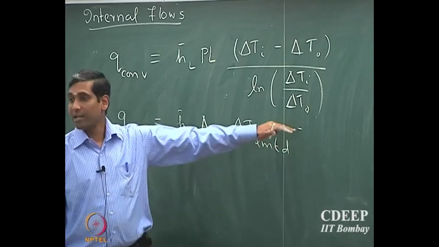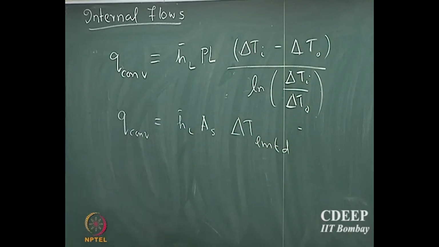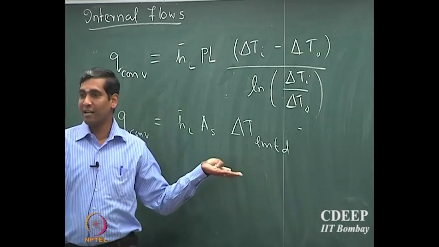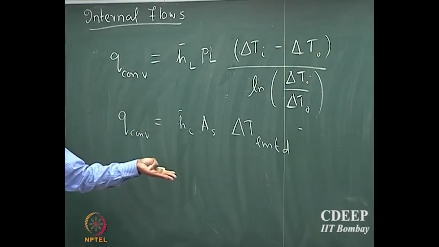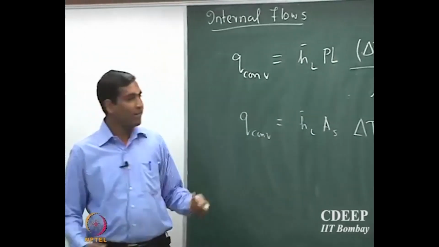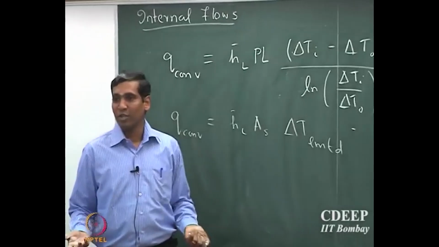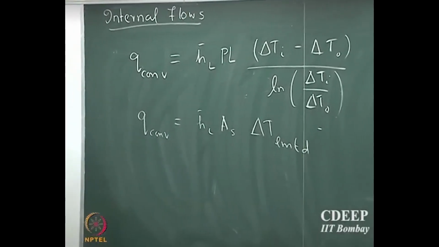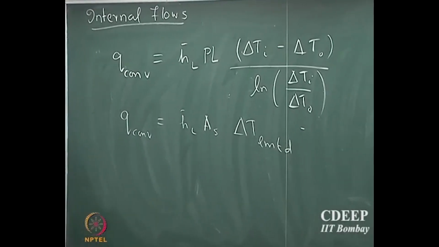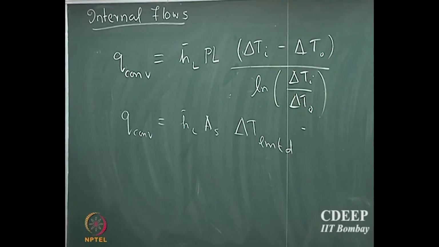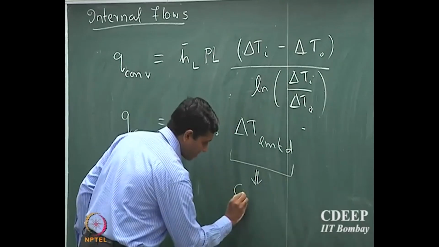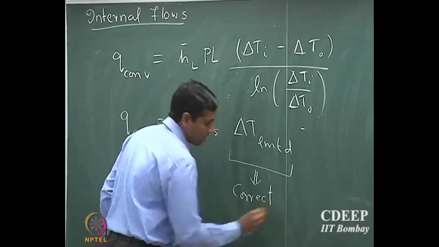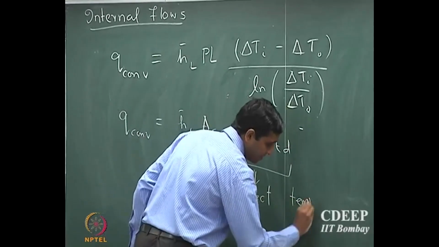Most of you who have done the laminar and turbulent flow experiments would have already encountered this term called delta T LMTD, and in fact that comes from a rigorous analysis of the tube experiment, heat transfer from a fluid which is flowing through a tube, and in fact one could show a similar exercise for the fluid which is flowing outside the tube as well. Okay. So delta T LMTD is actually the correct temperature difference